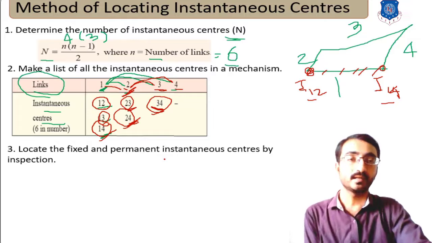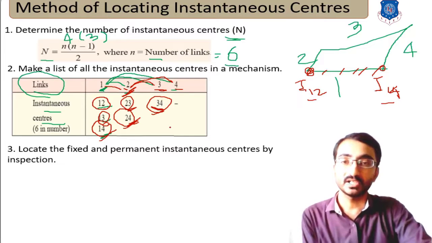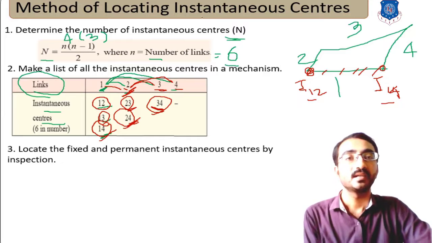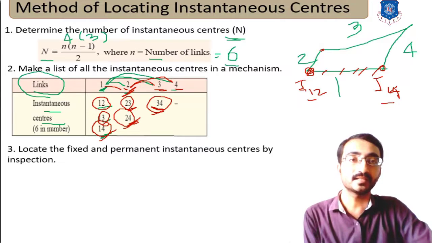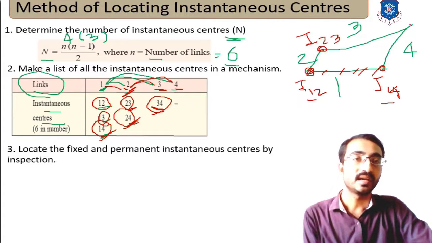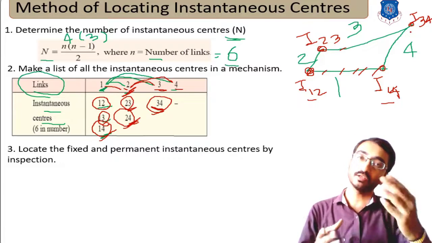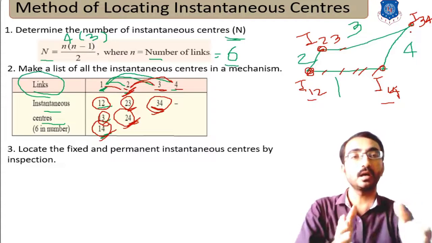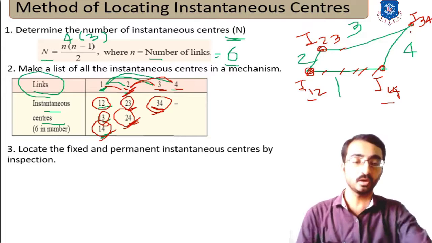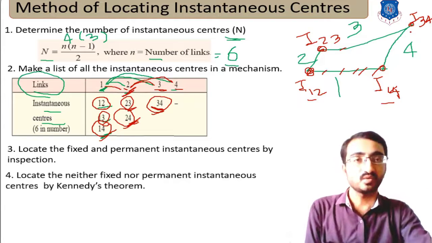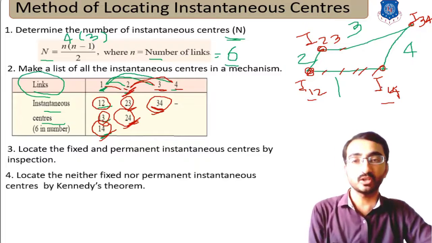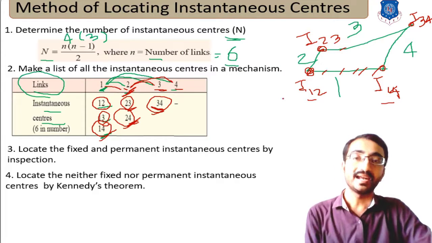Now the second type of points, that is permanent instantaneous centers. Permanent means again at a pin joint. If we consider 2 and 3 joining over here, we get I2 3, and similarly 3 and 4 are connected, that is I3 4. So I2 3 and I3 4 are both permanent instantaneous centers, which we can also simply put by the inspection method. Now the remaining two are neither fixed nor permanent instantaneous centers,